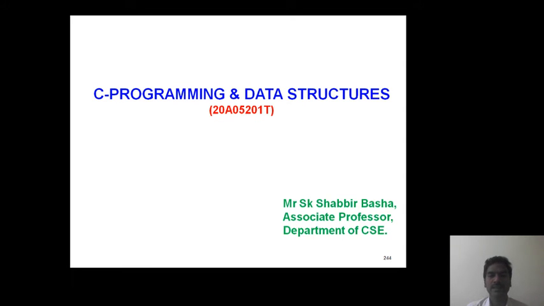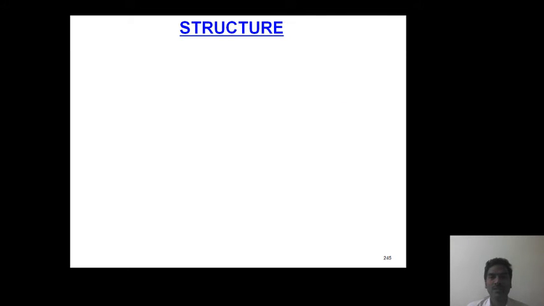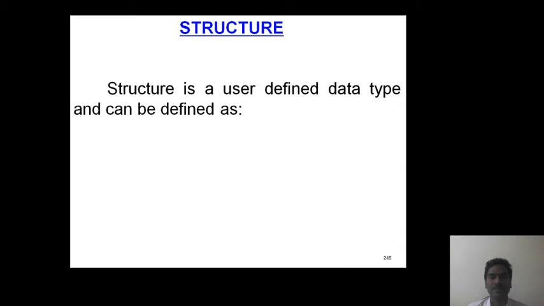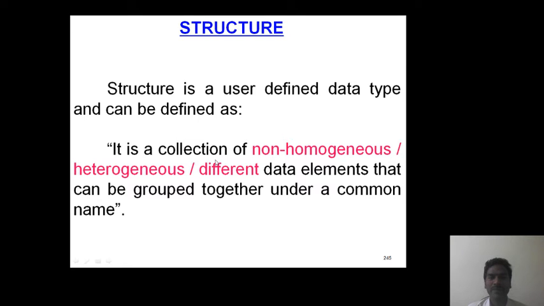Hello students, in this session we will discuss the structure data type. So what is meant by structure? The structure is a user defined data type and it can be defined as a collection of non-homogeneous or heterogeneous or different data elements that can be grouped together under a common name.